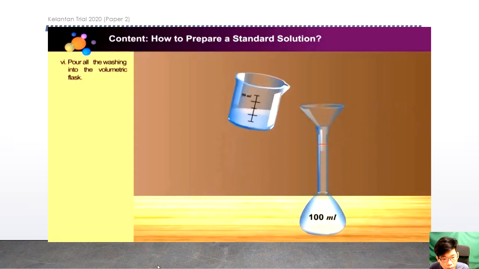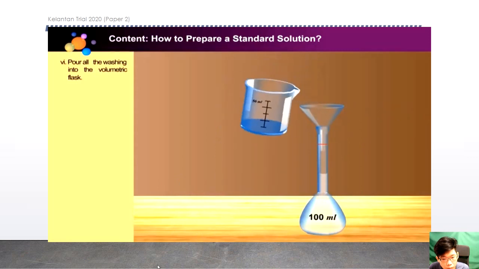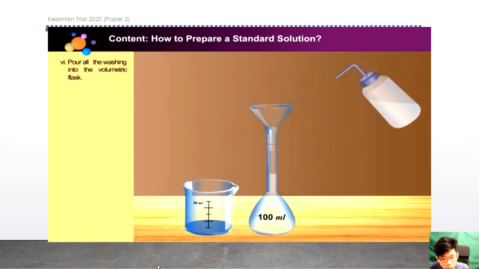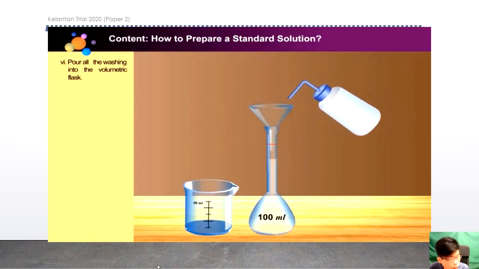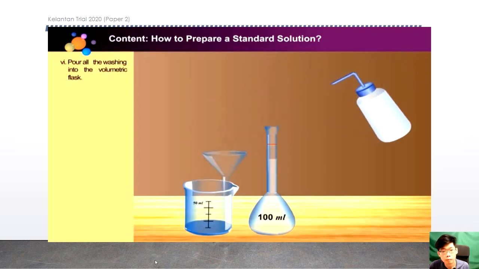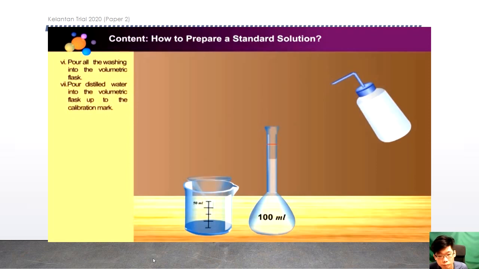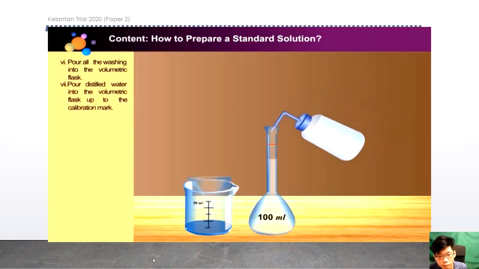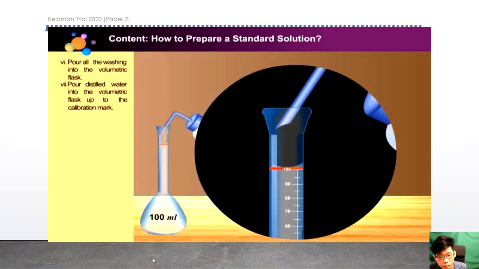Rinse the filter funnel with a small amount of distilled water. Allow the washings to flow into the volumetric flask. Remove the filter funnel from the volumetric flask. Pour distilled water into the volumetric flask until the meniscus level of the solution is exactly at the 100 cubic centimeter